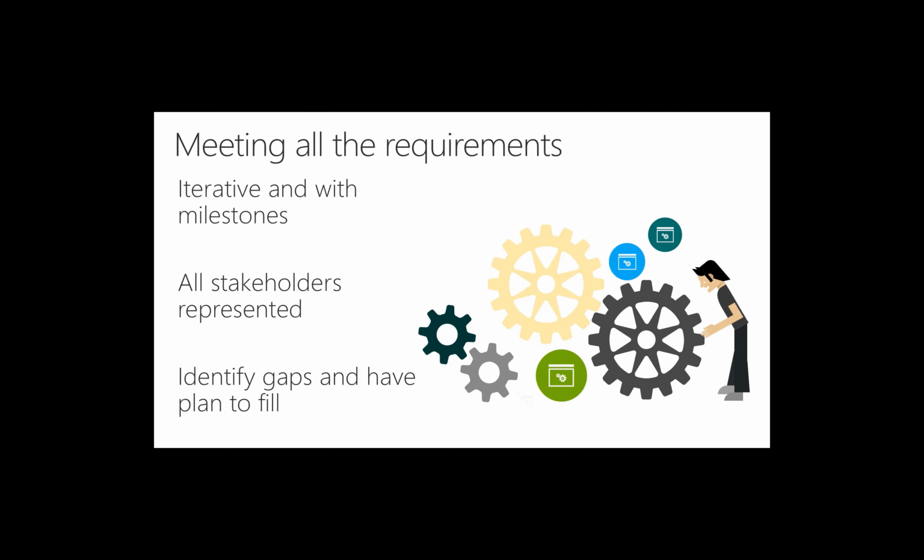Dynamics and the Power Platform have continuous release cycles, 2 waves per year that give new features and updates all year long. An iterative approach allows you to ebb and flow with the product changes. As we do this, specifically with first-party apps, we're identifying the gaps in those first-party applications, which gives us the opportunity to extend those first-party apps to fill the gaps that we've identified.